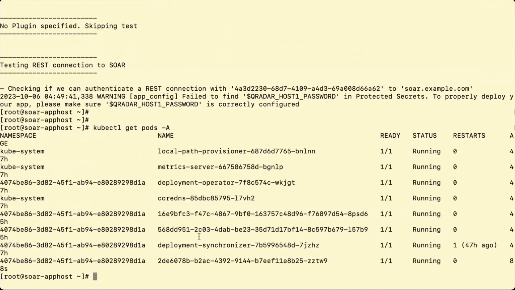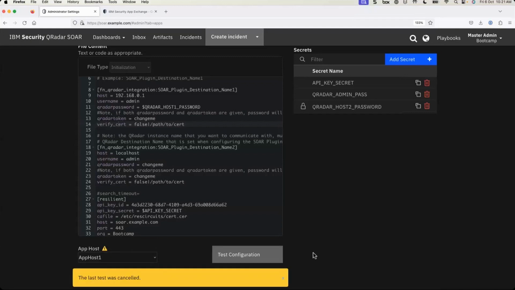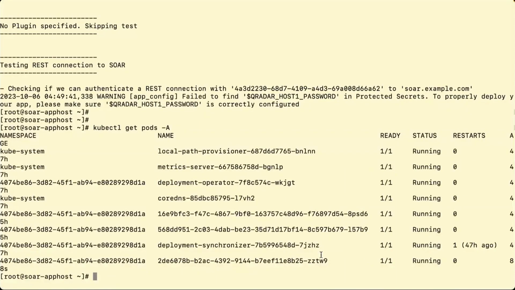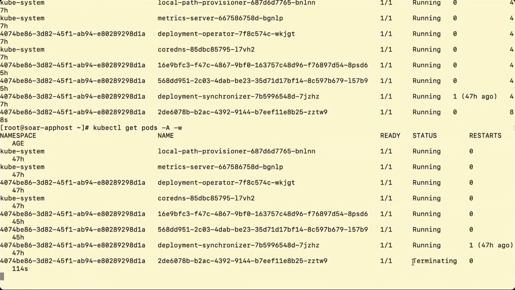So it says running state, another pod is running state, okay, 1 of 1. But the test is trying to keep on going. So I'm just going to cancel it, because I know nothing is going to happen there, because the host itself is not reachable. So if I go there and then let's say W, it says terminating,